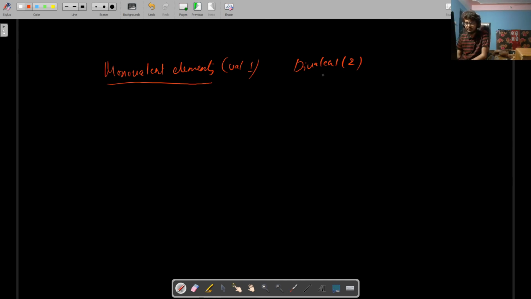Now your homework: you need to remember by Monday all the elements in the monovalent and divalent columns, for negative and positive radicals. You need to remember the elements in the monovalent column for negative and positive, and the divalent column for negative and positive. That's it. Divalent means everything has a valency of 2. Only monovalent and divalent, but both positive and negative.